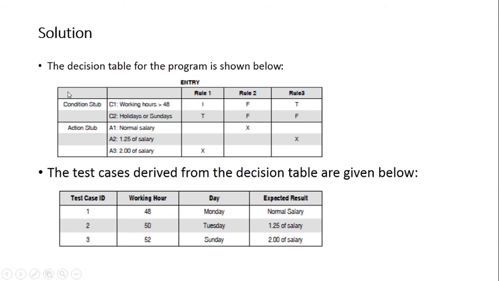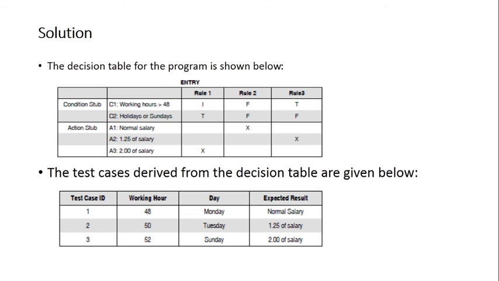So see, theoretically it was a long problem, but with the help of our table it's very simplified. You have all the conditions mentioned here, you have all the possible actions that could be taken, then true and false values for each, which one is applicable, based on that rules are prepared, and finally the action taken is represented with a cross. So once any input file comes in with different input combinations, you simply have to look into this table and tell what is the possible outcome. With least complexity, easily you can tell the possible outcome with the help of this table. Right? So this is a decision table.